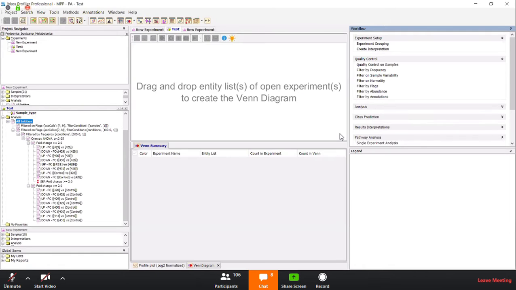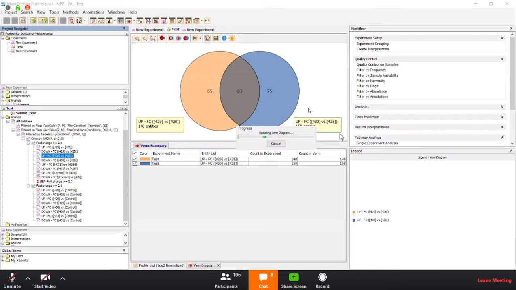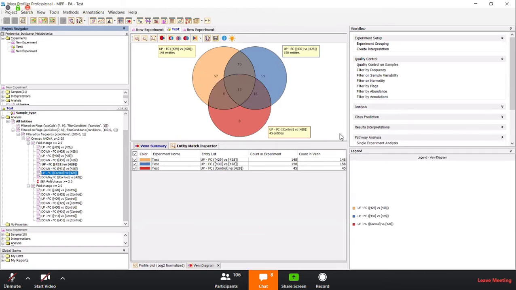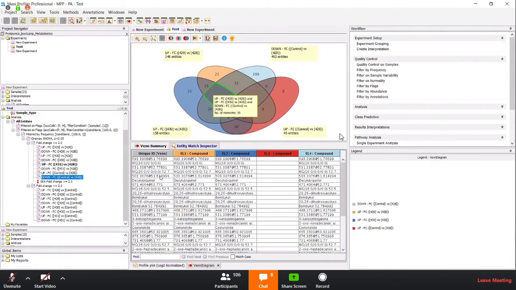So if I just say I want to calculate a Venn diagram for one of the entities versus the other entities, you can do a three-way Venn diagram, and you can do a four-way diagram. So easily you can do Venn diagrams, and now each of these you can selectively look at these entities, and you can export them as a pathway for anything.